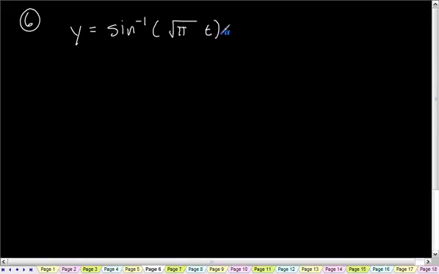We first take the derivative of the outside, which with respect to t becomes 1 over the square root of 1 minus, and then whatever the x value is, which is radical of pi times t, we square that,